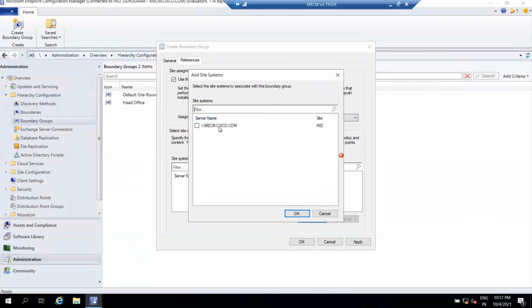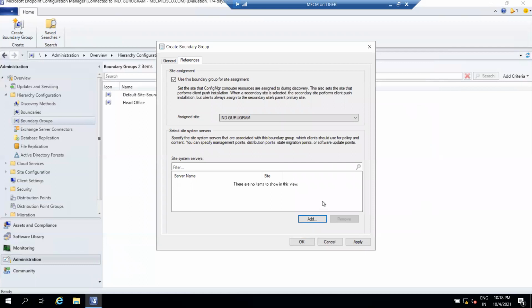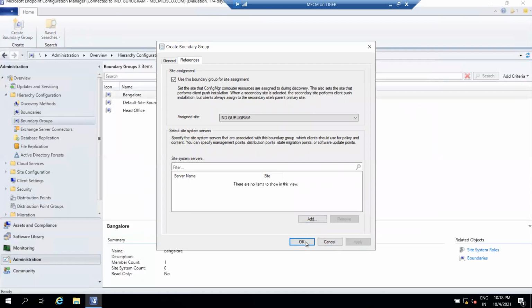As of now, we just have one DP, which is in our head office, and we don't have a DP listed here that will be for our Bangalore location. If you have created a DP for the Bangalore location, then you will have to select the Bangalore DP so that your client machines in the Bangalore location can get content from the Bangalore DP. So for now don't select, apply, okay.